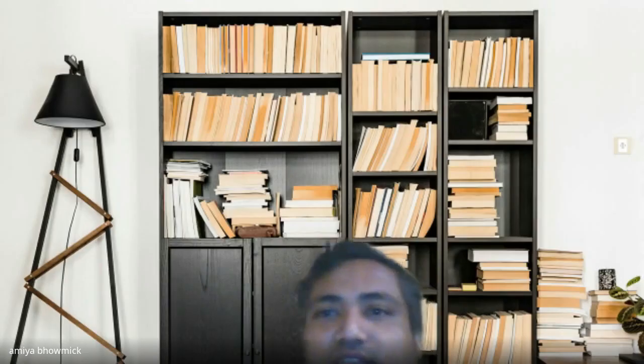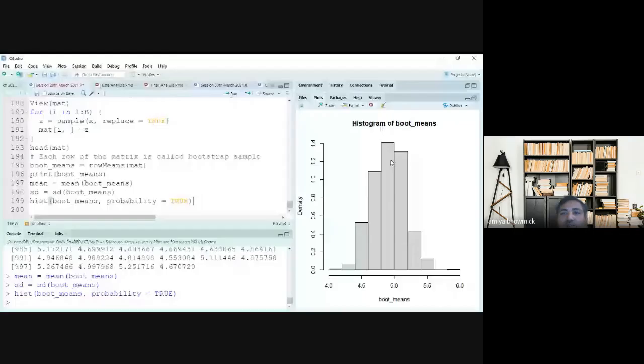Okay, so as you can see, this is the histogram based on the x1 bar, x2 bar and xb bar values. Again, this is acting like a normal distribution.